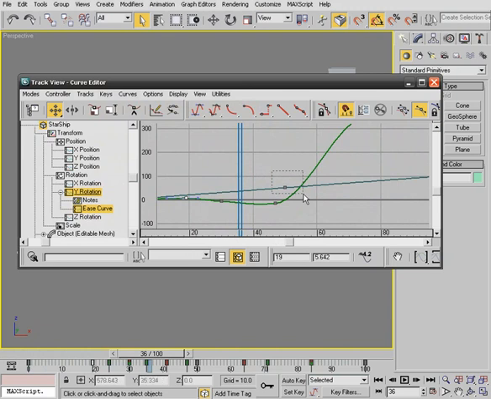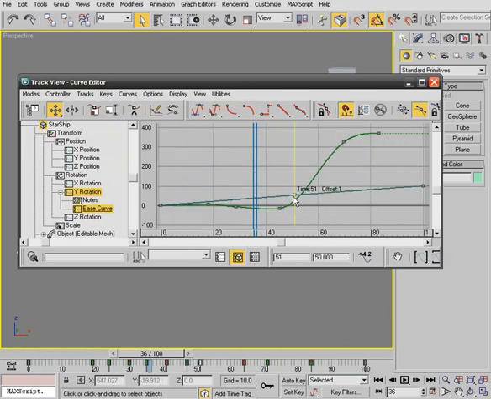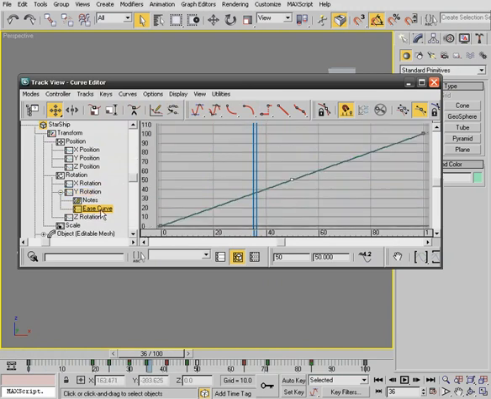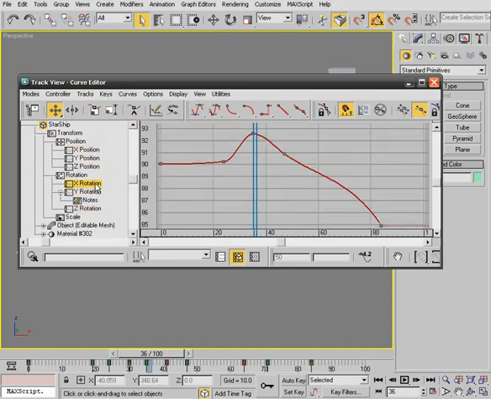So if I were to select one of the keys of the ease curve and move this around, you can see what type of effect that's going to give us. I'd say that this would be more useful if you were working with several keys. And if you'd like to ever remove it, you'd simply go to that track, go to Curves, and simply choose Remove. Now the multiplier curve, if we were to add that to another track,